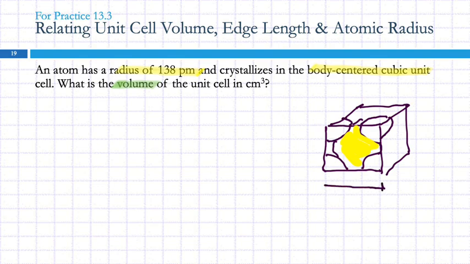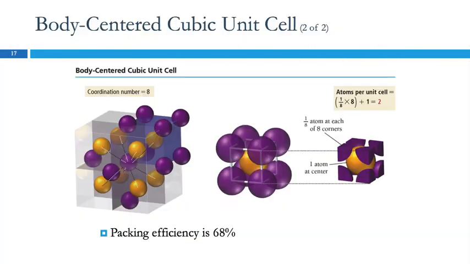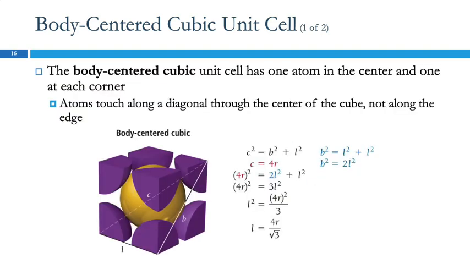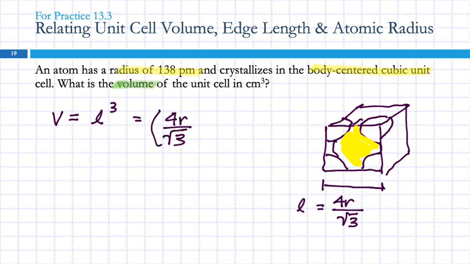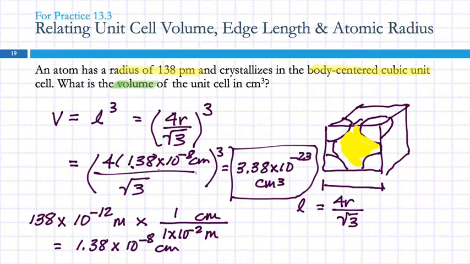To calculate this volume, we need to know what the edge length is. So that was given here as 4r over the square root of 3. So this is 4 times r divided by the square root of 3. So the volume of that cell is going to be that edge length cubed. So 4 times r over the square root of 3, the whole thing to the 3rd power. So we can put in